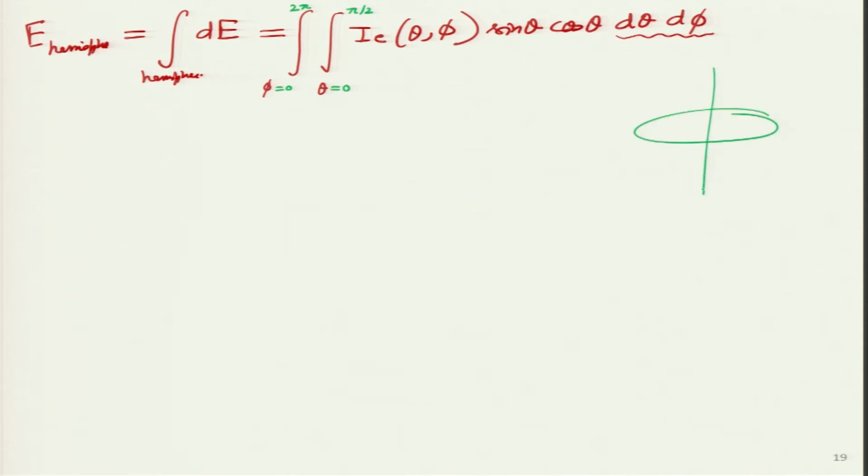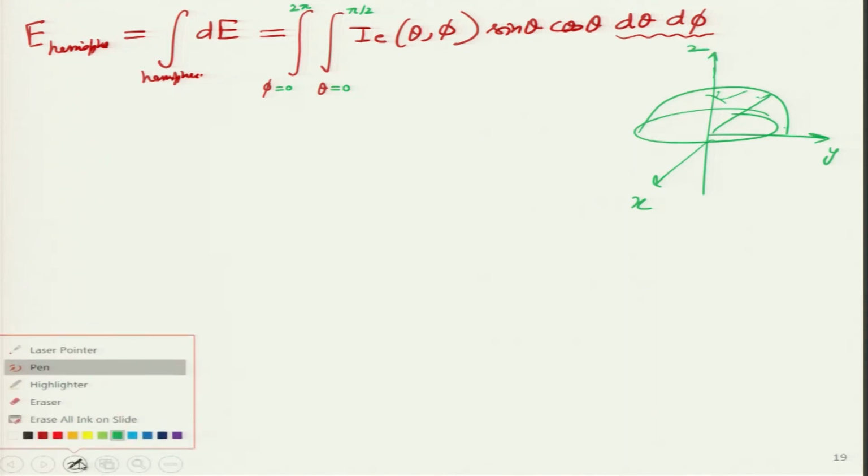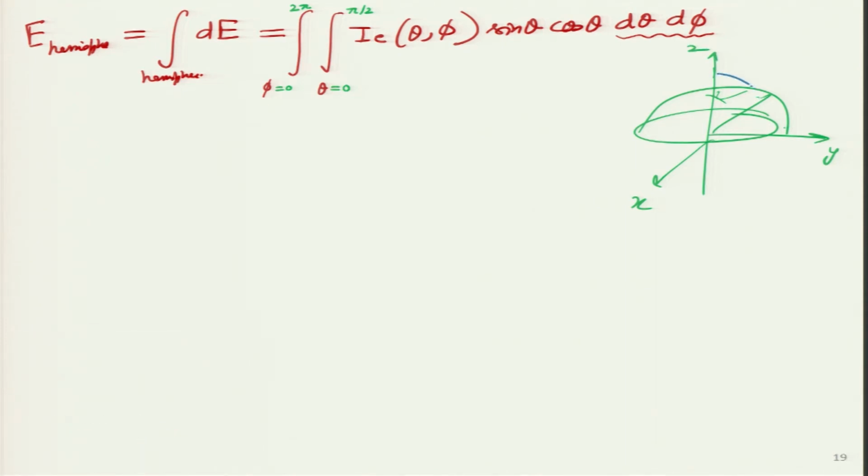I hope this concept is clear, because when we are looking at the hemisphere in this particular direction, this is my x, y and z. So, phi has to be full, but theta is simply from here to here. Here theta equals 0, here theta is 90 degrees. And inside a hemisphere, how many phi angles will we have? Phi has to go from phi equals 0 over here all the way till here, and there phi is 360 degrees. So, for a hemisphere, phi will go from 0 to 360 or 0 to 2 pi in radians, and theta will go from 0 to pi by 2 or 90 degrees. Now, what will be the answer after doing this double integral?